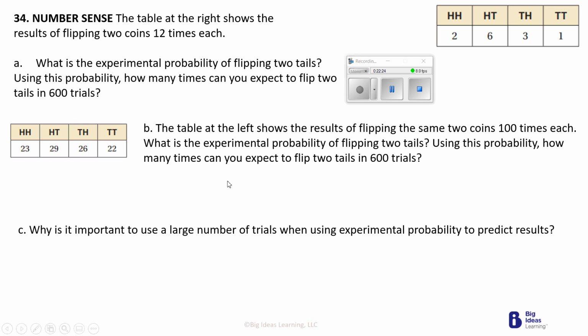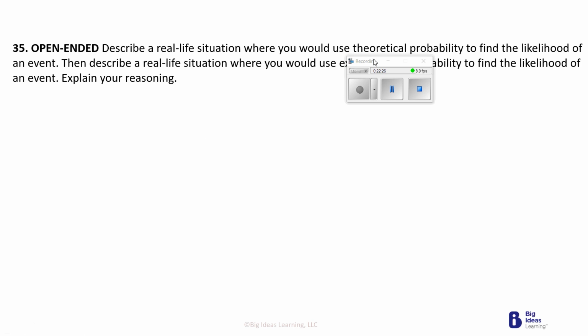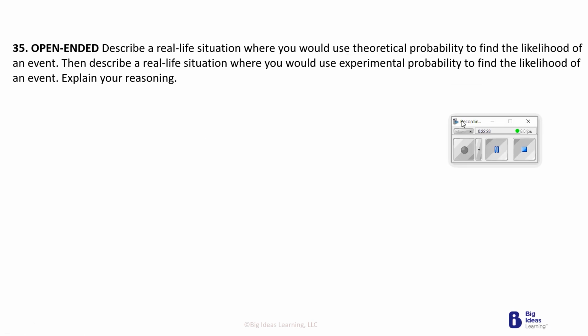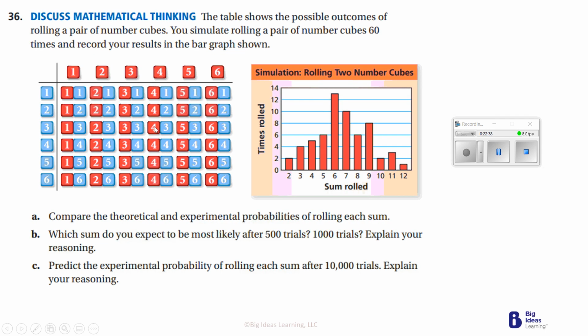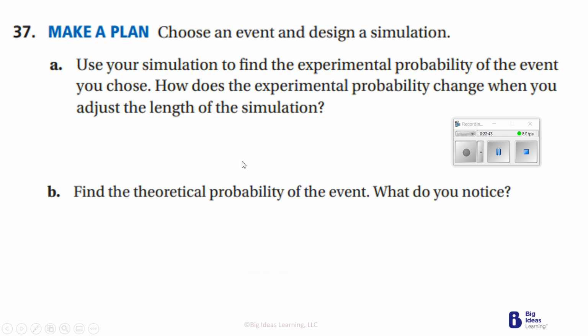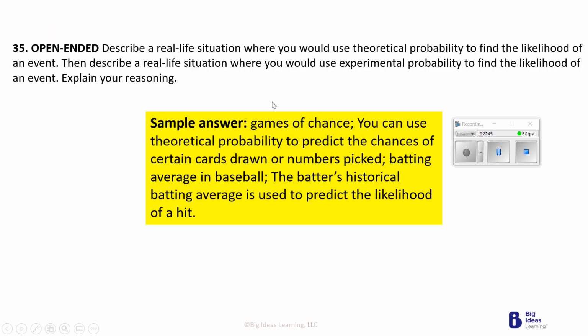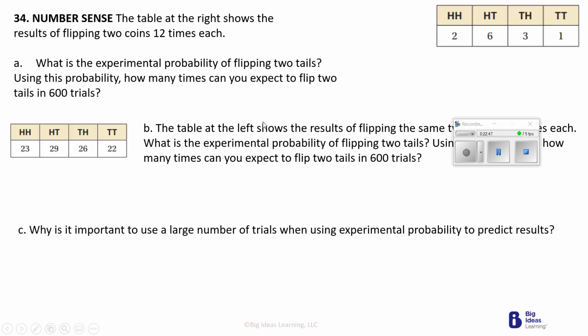34 is for you to do. 35 is an open-ended question. I'm not going to have you do it because it's asking you to describe a real-life situation. 35 is omitted. Do not do it. Okay, that's just a sample answer. 36 looks a little too hard for you. I'm just going to go ahead and say that going up to number 34 in our homework is good enough. We're going to stop there, okay? So stop at number 34, and I'll see you in